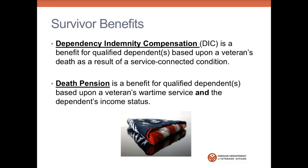This also extends to those veterans who were wartime veterans. So let's say the veteran didn't die of a service-connected death or weren't 100% service-connected for 10 years prior to death, but the widow is really struggling, right? Then there's this program called death pension. It's a benefit for dependents who are in a very bad financial situation and they need benefits based upon their